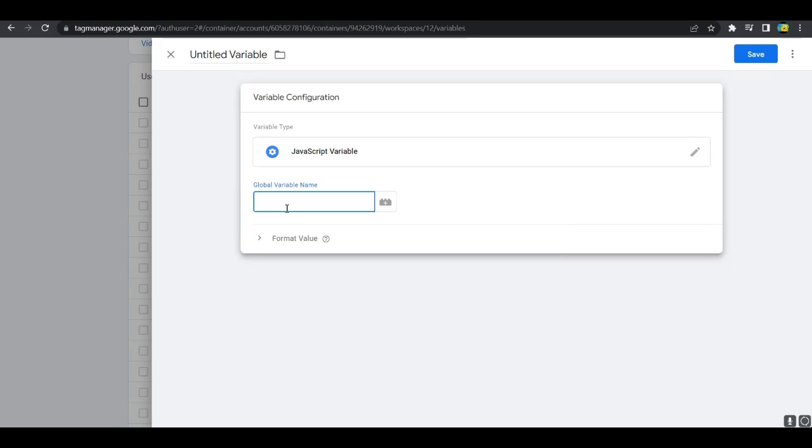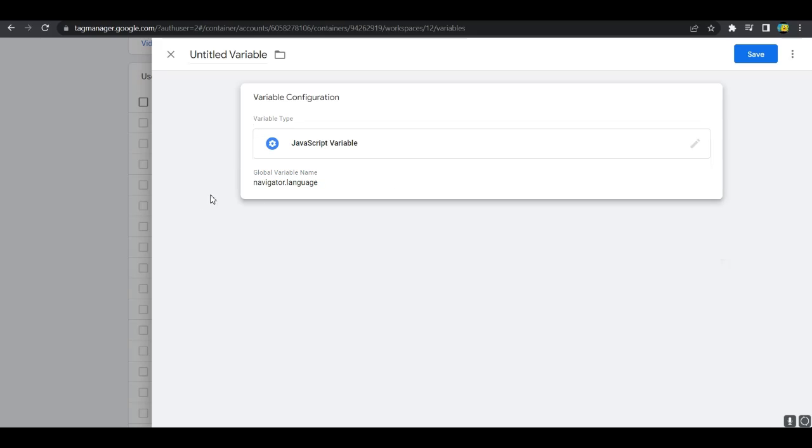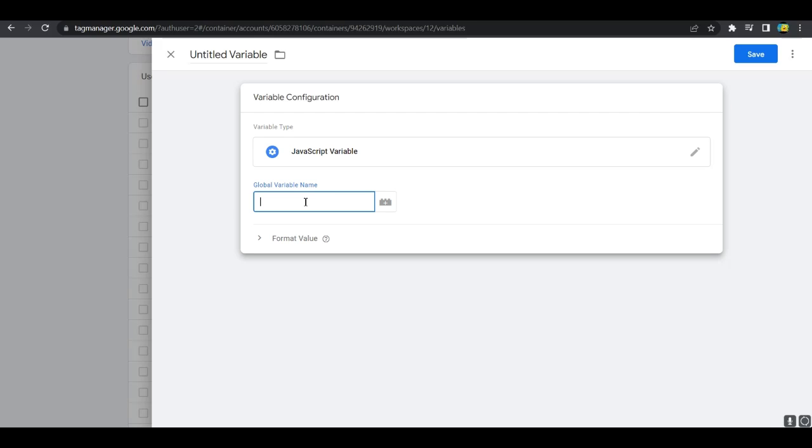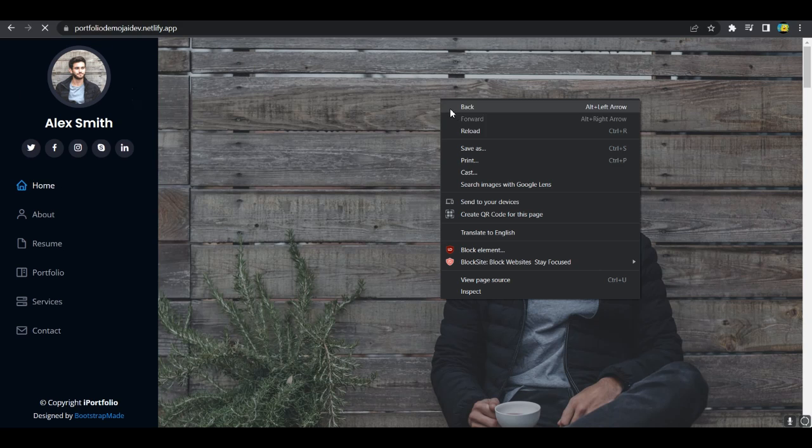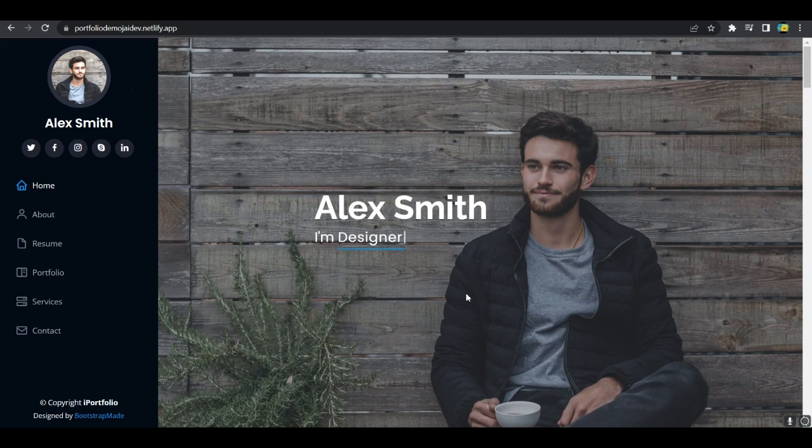Alright, so now we saw document title. So like that we can get many other things. If I wanted to get the browser language as the value of my JavaScript variable, I would write navigator dot language, and the value of my JavaScript variable would then become the language of the browser. Alright, then let's say I go to my website and go to inspect,